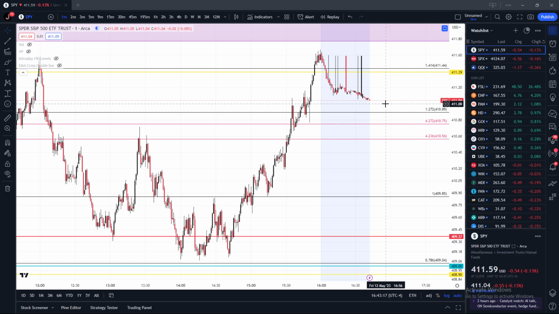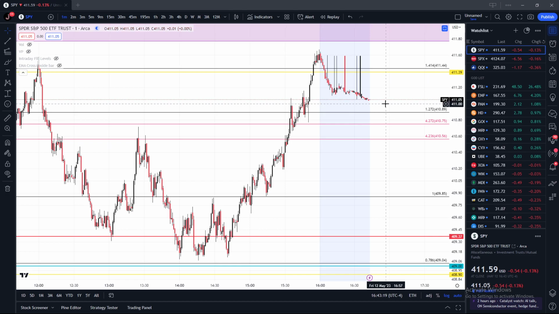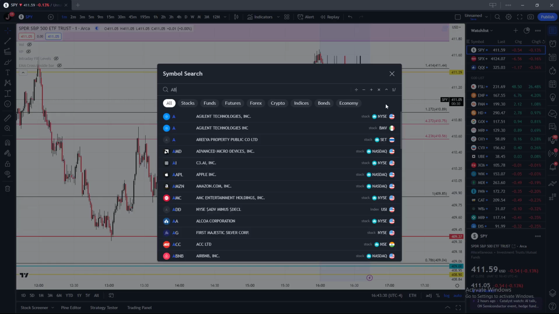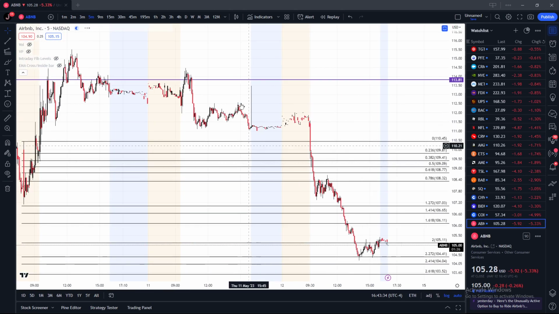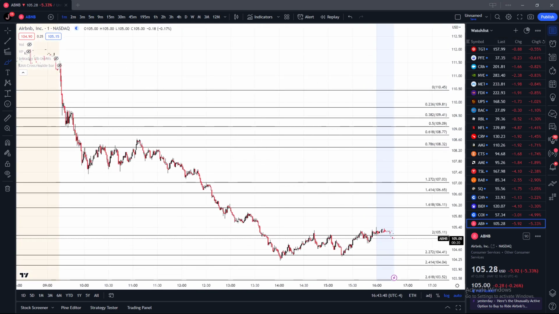I've talked to market makers already, and they've said I'm right, but I'm also not right. I don't want to say the fibbing part is the only way to do it, because that's obviously not the case. When I look at Airbnb today, all I had to do was measure this print down 3 times and I got the exact floor. So there isn't an only way to do it.